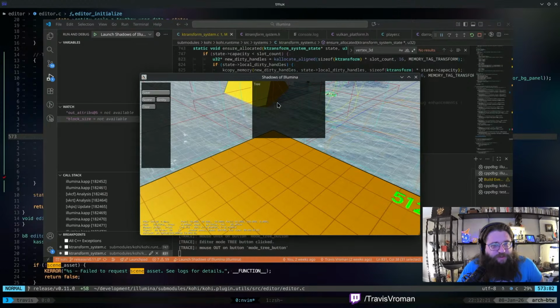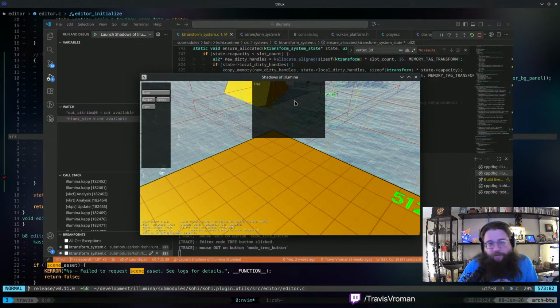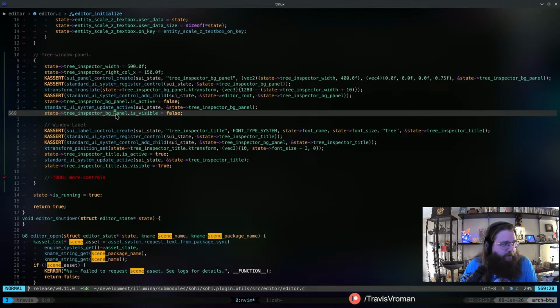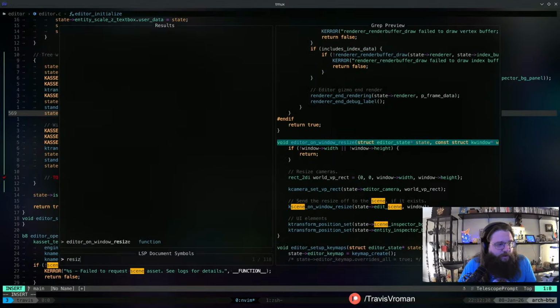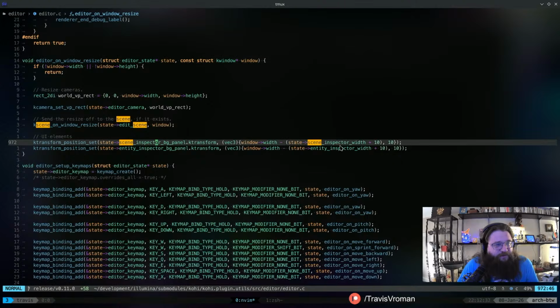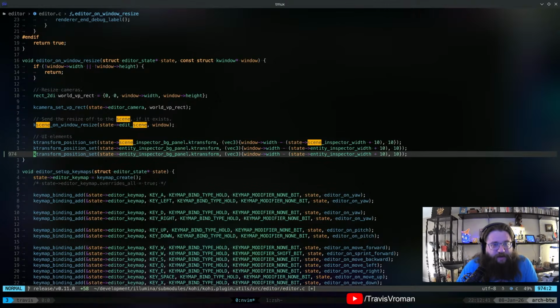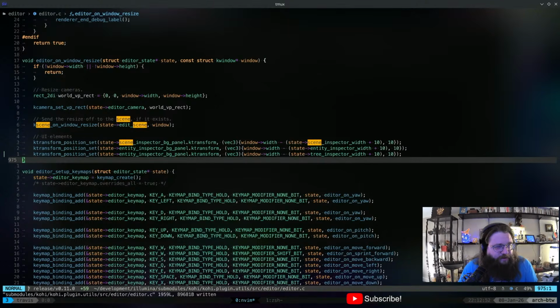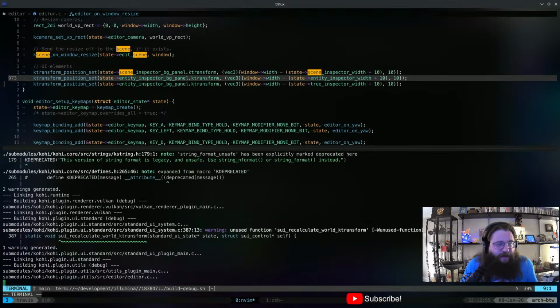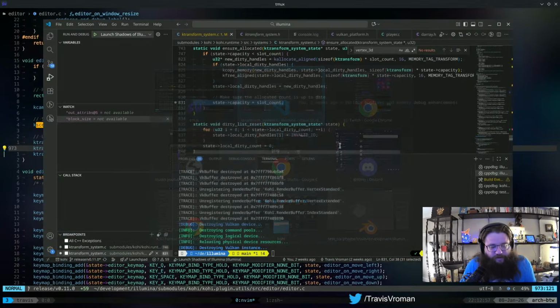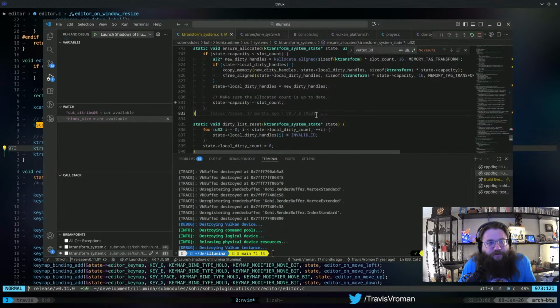That's positioned there because we don't have the code built into the resize, so I'll be able to show you guys what that actually does. If we look at editor window and resize, we have some logic here that moves our windows to stick to the right side of the screen. All we basically do is grab the size of the screen, subtract the width of the inspector, so that's going to be tree inspector width, add a little padding to that, and then that will make it actually stick to the right side of the screen on resize. So if we launch this again